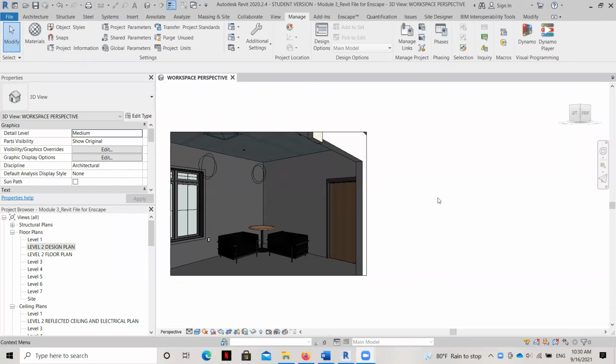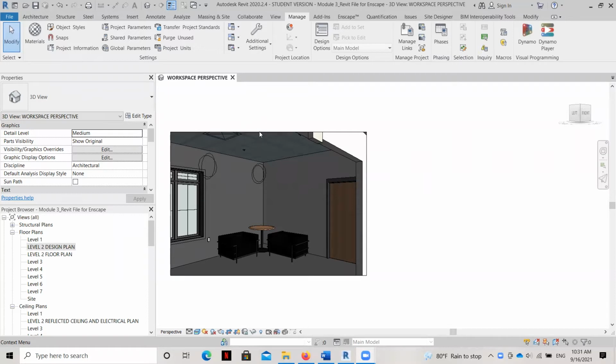In this video, I'm going to teach you how to open up a file in Revit and activate the Enscape rendering plugin, view the tools on the Enscape ribbon toolbar, download and apply material swatches to the walls, floors, and ceiling of an interior using Enscape, and see the real-time rendering of an interior space.